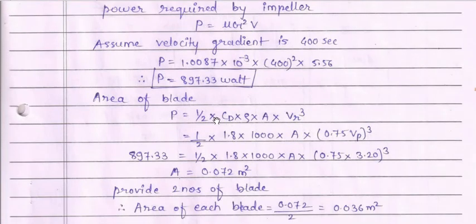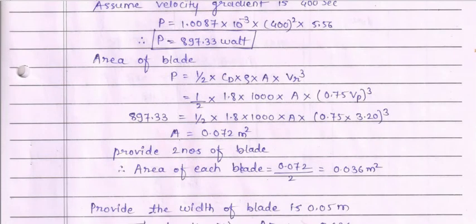Similarly, we have the formula, that is P is equal to half into CD into rho into A into VR cube, where CD is 1.8, density of water is 1000, and A is the area. Now the relative velocity, that is VR, is 75% of the velocity of the paddle, that is Vp. Applying all the values which are available with us, we got the value as 0.07 meter square. Provide two numbers of blades, and therefore each blade has an area of 0.0336 meter